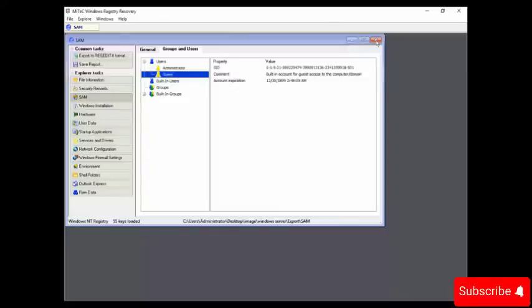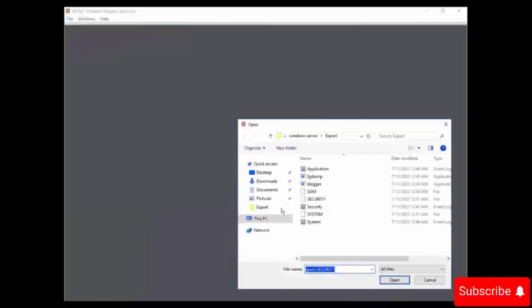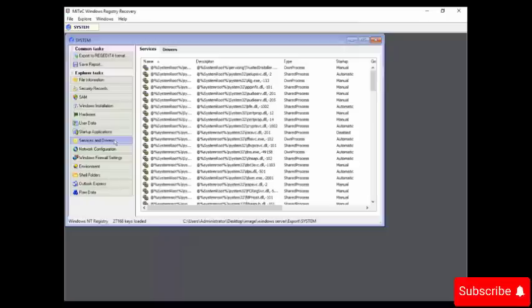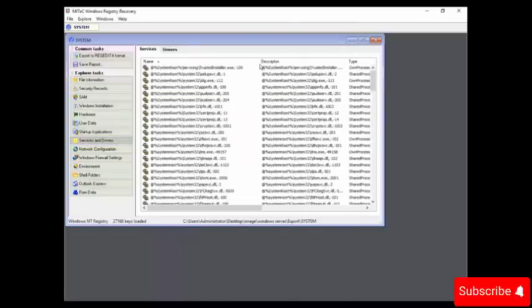So close the SAM, go to File, Open, and select System, and go to Services and Drivers. Here, let me expand the name column so we have more details, and you can see their full names to look for anything suspicious. Now this will tell us whether a service will start on the system.